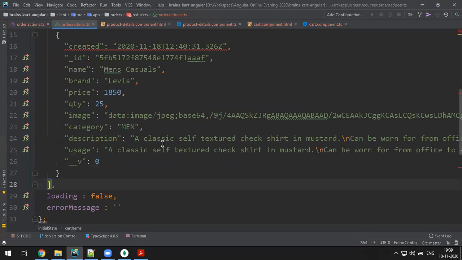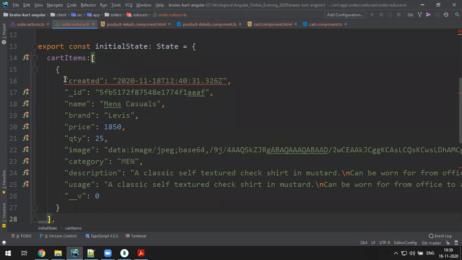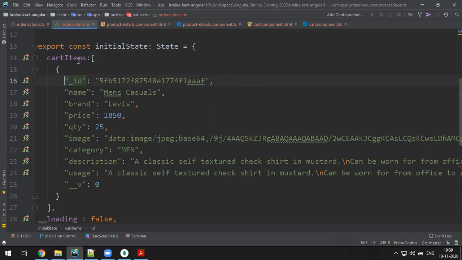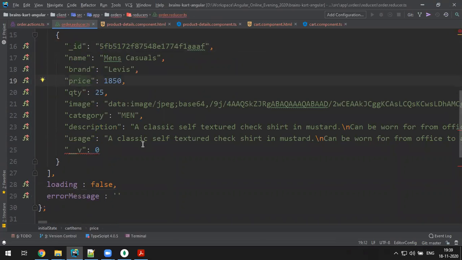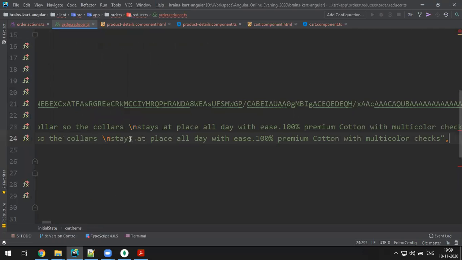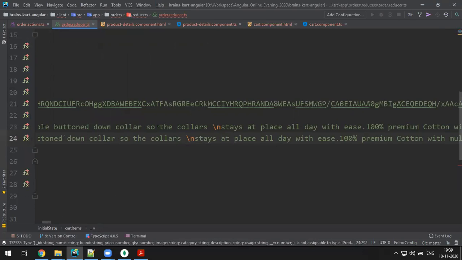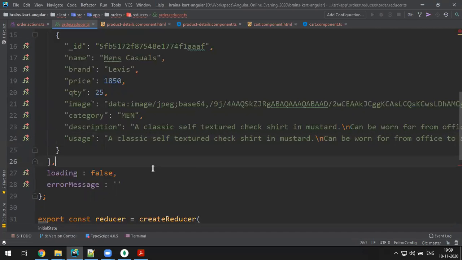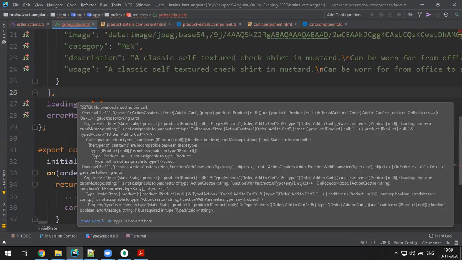I have taken some data in the cart items because I always want to have one item. Always I need to have one item to fix my page. Later I'll delete it. So summary is showing